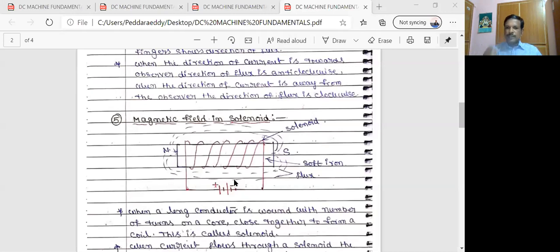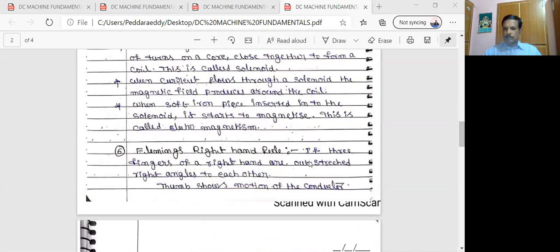Okay, so that's why it is called electromagnetism. It is not a natural magnet. It is just a soft iron piece. When we insert this soft iron piece inside the solenoid and give supply to the solenoid, the flux is produced around the solenoid. When this flux passes through the soft iron piece, the soft iron piece acts as a magnet. This magnet is called an electromagnet. The magnetism is called electromagnetism. Are you clear? Next,